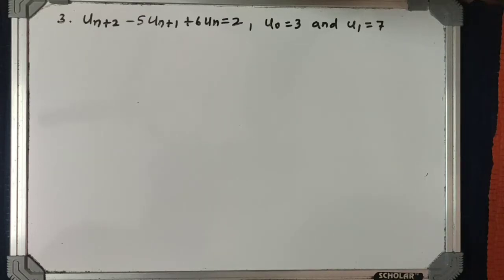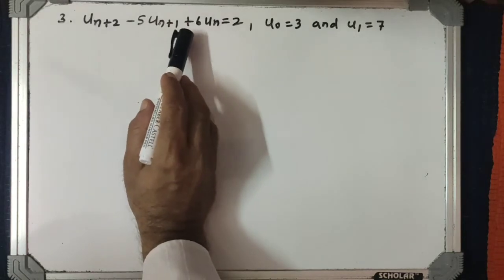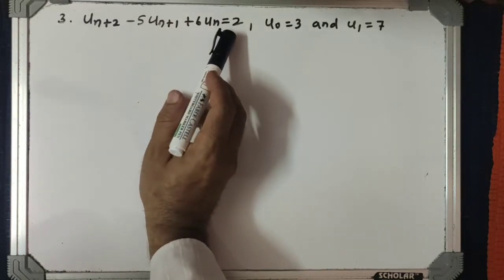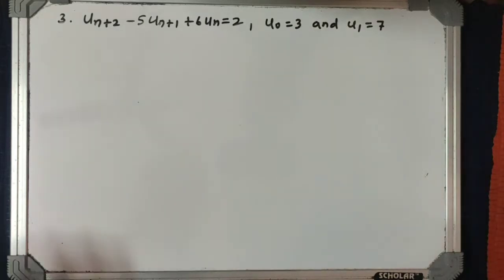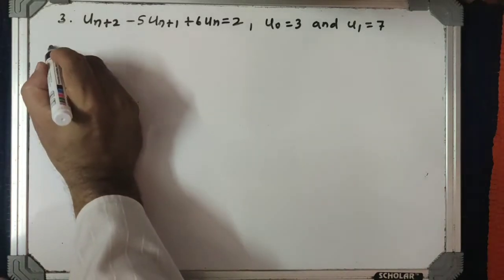The next problem is to solve the difference equation u(n+2) minus 5u(n+1) plus 6u(n) equal to 2, where u0 is equal to 3 and u1 is equal to 7. The first step is we need to apply Z transform on both sides. So therefore the solution is,